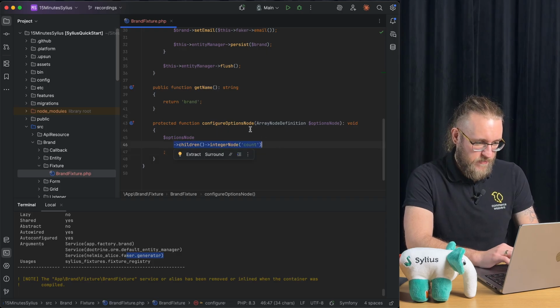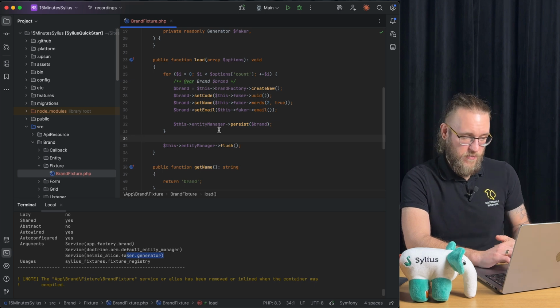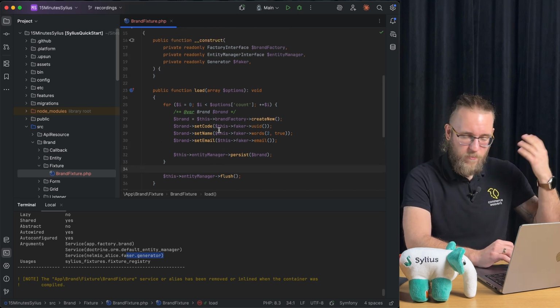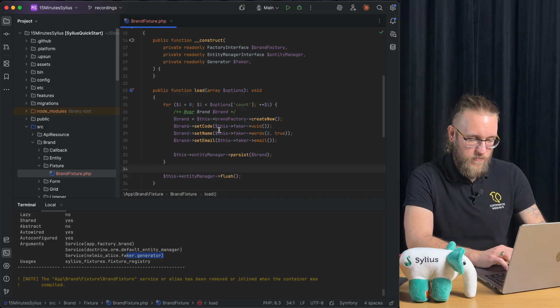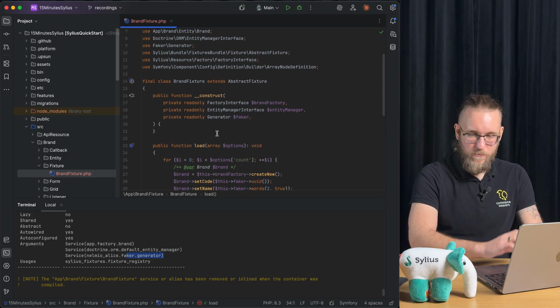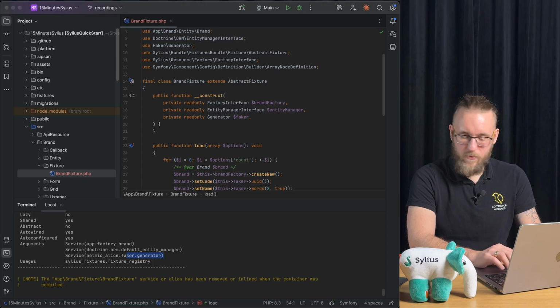And based on how many brands, I created the for loop. In this for loop, I created a new brand and created its code, name, and email, persisting and flush. Obviously, again, it's really simple because probably if we define like 100,000 brands, we would not like to push them all together in one transaction database. But let's start simple as usual. You're already probably bored of that.